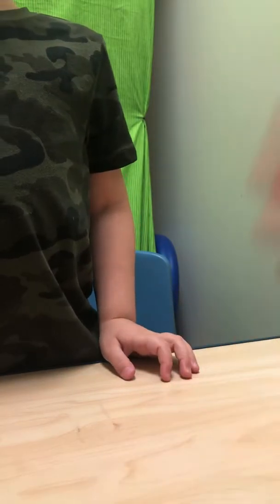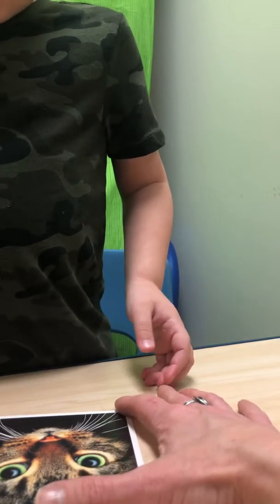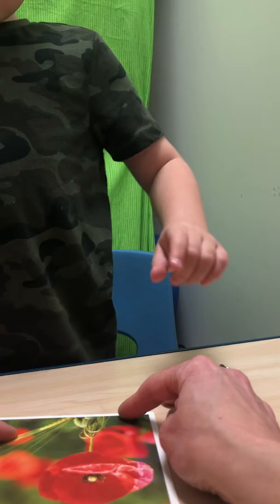And there was candy. Hey, and here was the cat. I wonder what's on the back. Let's see what's on the back. I want to do the spider. You want to do it again? Yeah. Oh, it was a